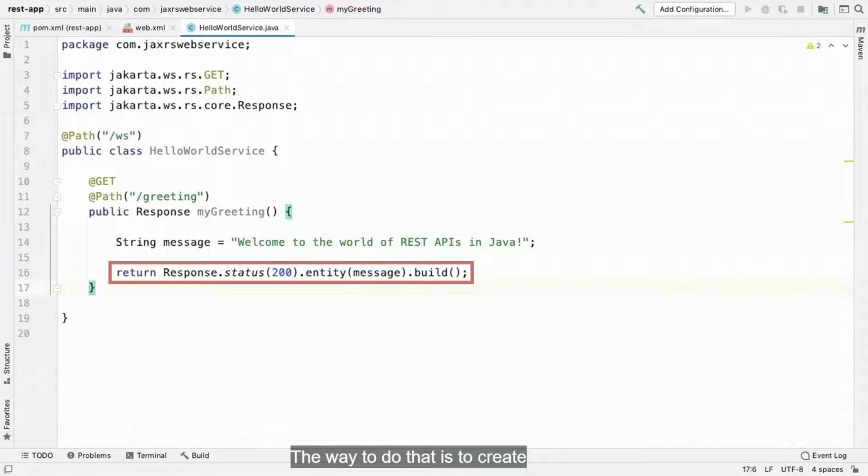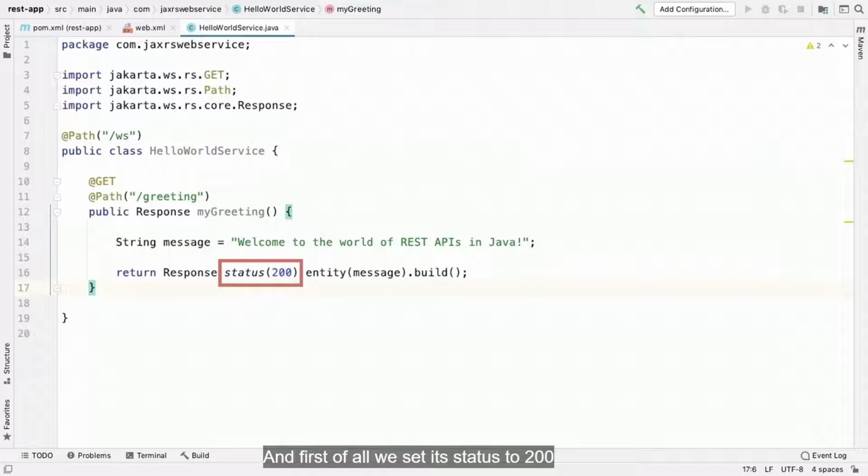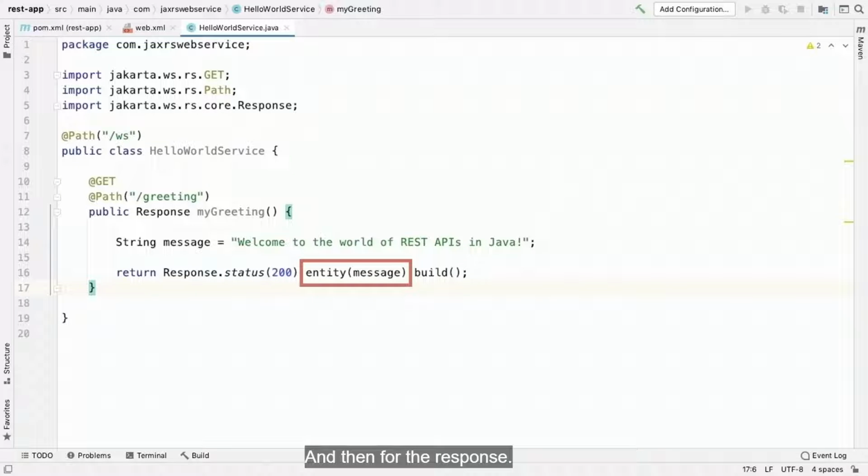The way to do that is to create a new response object. And first of all, we set its status to 200 so that the status does not show up as 404 as it previously did. And importantly, a status code of 200 also conveys that everything is okay. And then for the response, we define the entity to be returned. We will later see that it is possible for us to pass along objects in here.